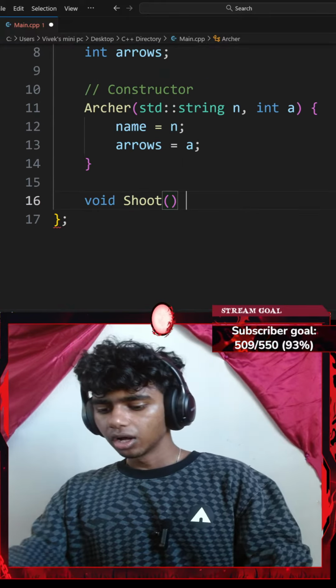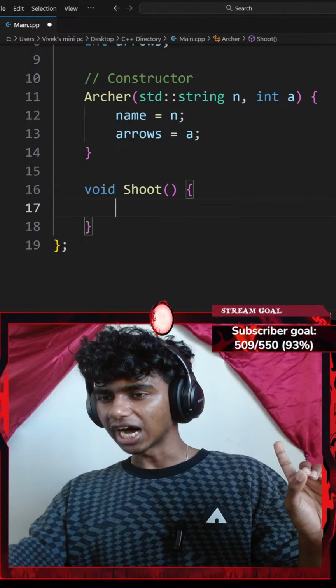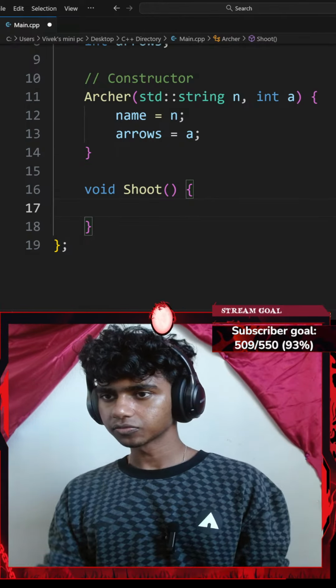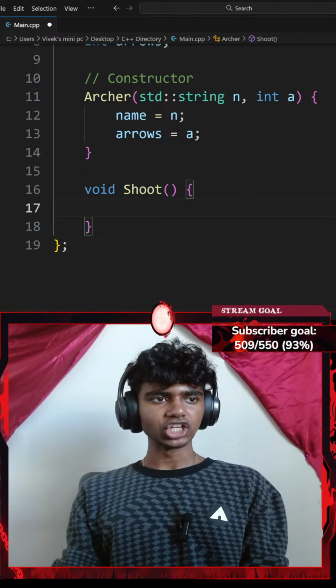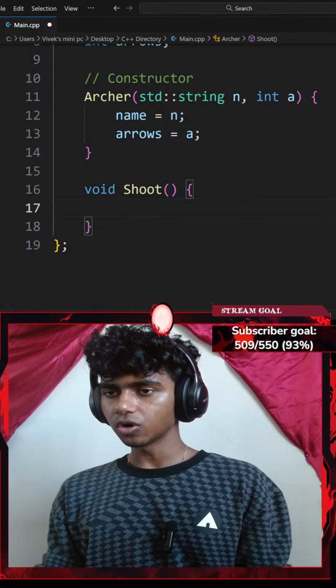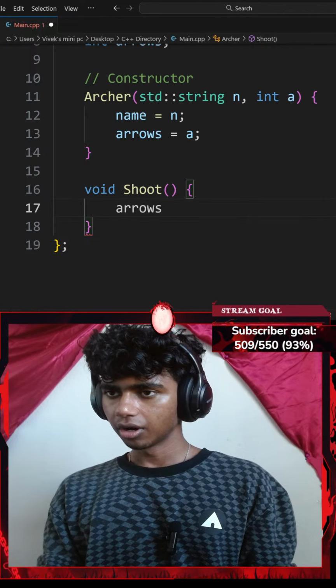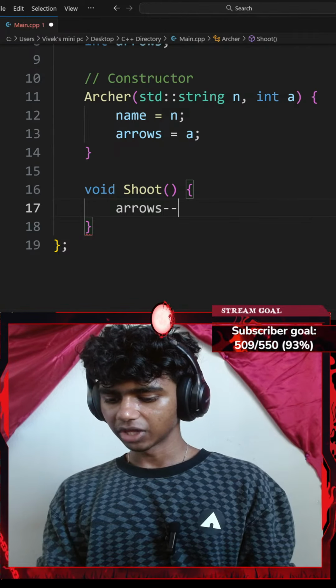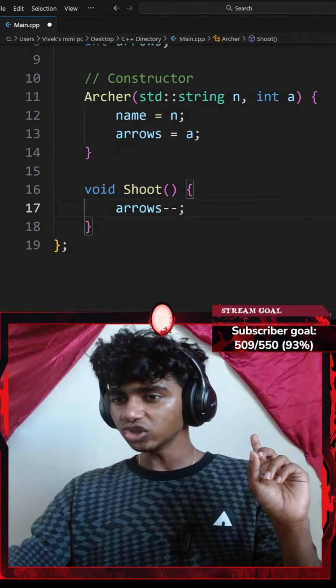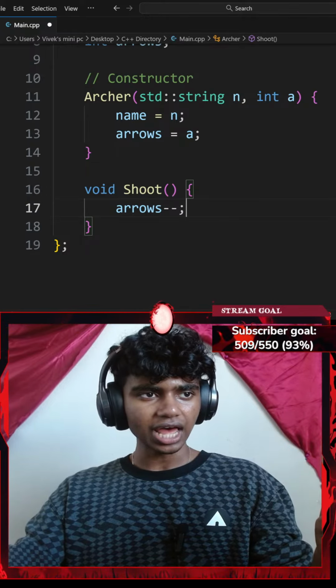Okay, I mean a method. So my void method won't be having any parameters in it. That said, let's see. I'll add an if statement that decreases arrows each time it's called. So let's do something like my arrows variable minus minus. Excuse me, guys, that should decrease my arrows every time it's called and print name shoots an arrow